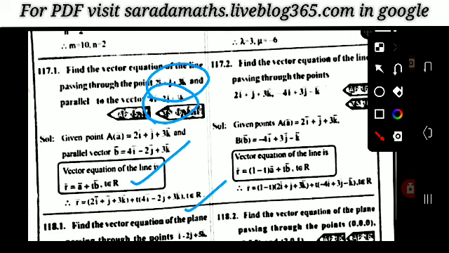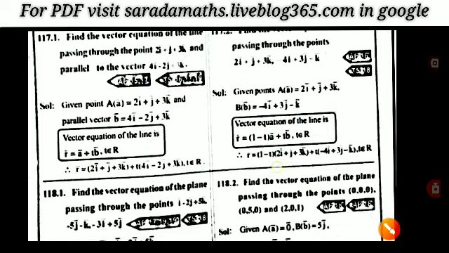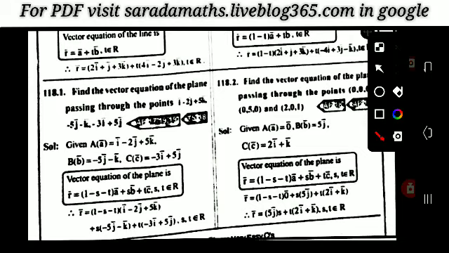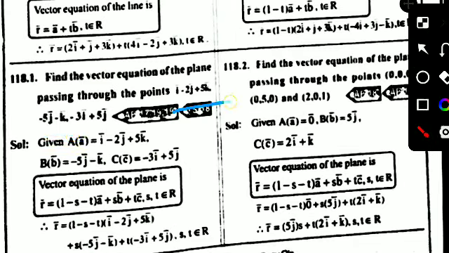Next one, find the vector equation of the line passing through the two vectors. The formula is r bar is equal to (1 minus t) into a bar plus t into b bar, and substituting the two vectors here. For writing the formula you will get the 1 mark, and for substituting the values you will get the second mark. Okay, next one, find the vector equation of the plane passing through the vectors a bar, b bar, c